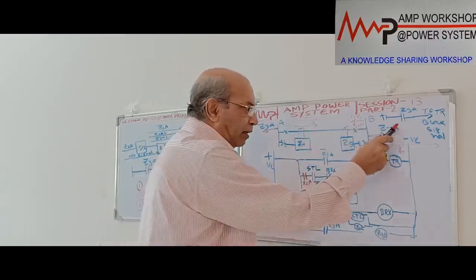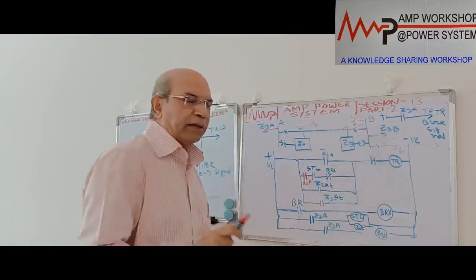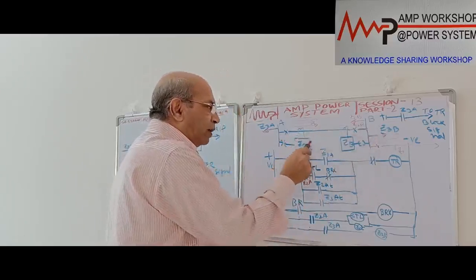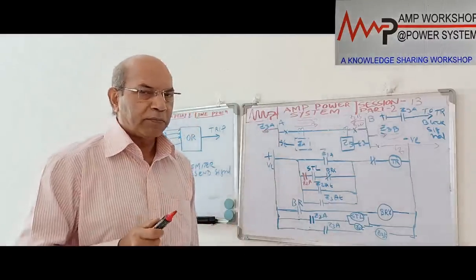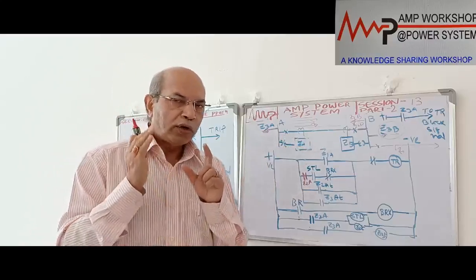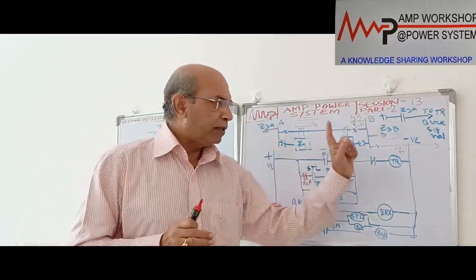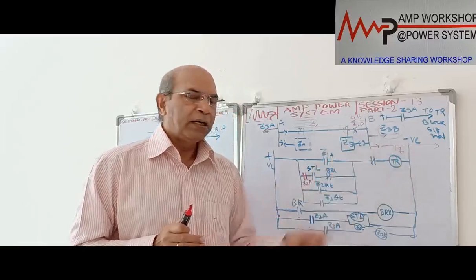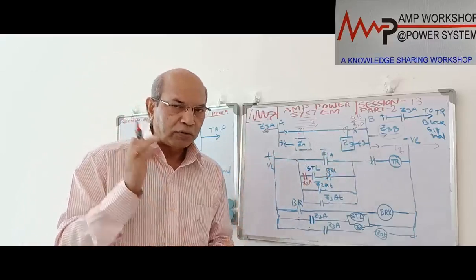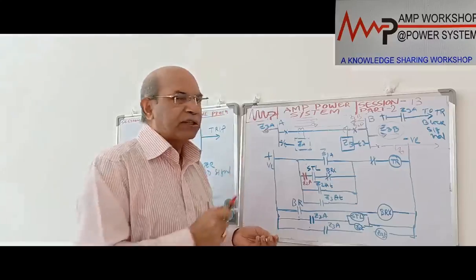Maybe this element is used for transmitting the signal, but when this element is operating, it means the fault is outside of the line. So it is sending a signal not to operate this relay. That's why it is called a blocking scheme. In the blocking scheme, if the fault is within the line, then no remote signal is required to trip the breaker. But if the fault is outside of the line, then a blocking signal will come to the other end to tell it, don't trip, the fault is outside. Now, how that is done, we will be discussing now.